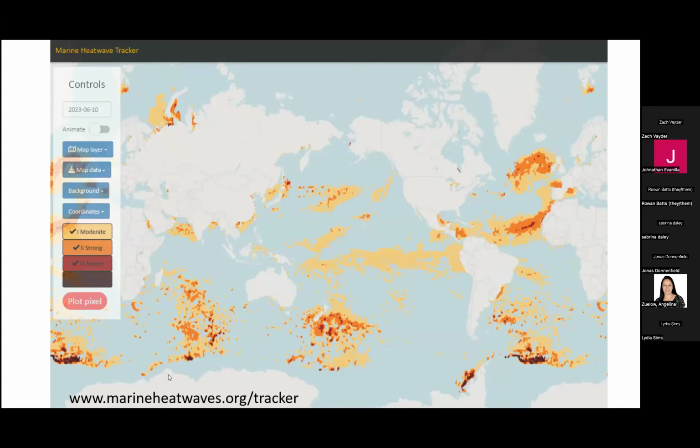And that's all become much easier for journalists and researchers to use with a tool that we've built called the Marine Heatwave Tracker, which lets you click on any pixel in the ocean and extract a time series of marine heat waves for that event. This website, which you may play with during the course, also lets you look at cold spells, which are the cold equivalent of marine heat waves. And it's been really useful for doing really rapid analysis of heat waves. And you can extract the raw data using this website also.